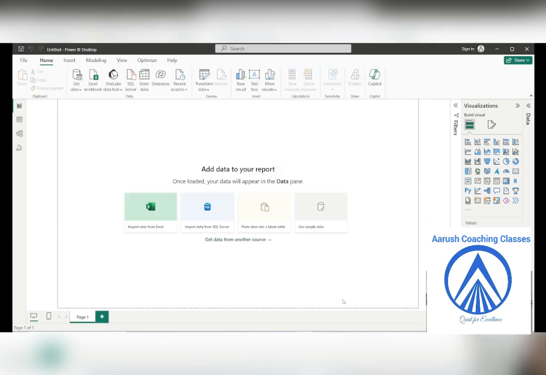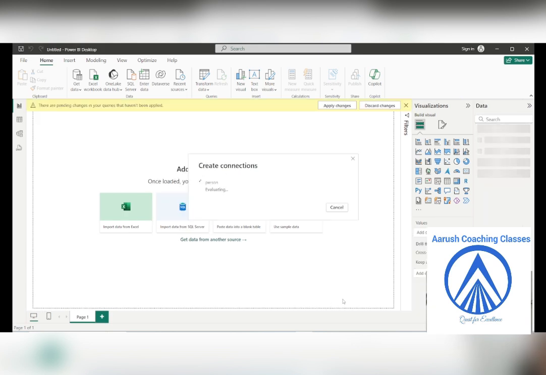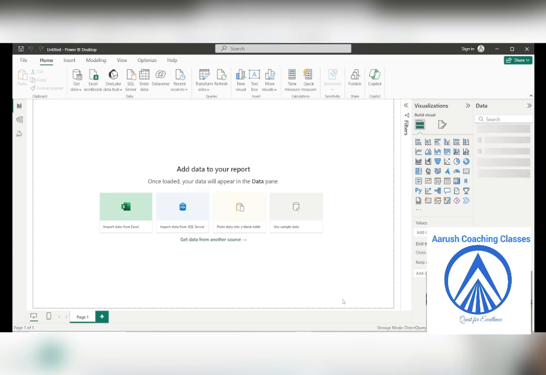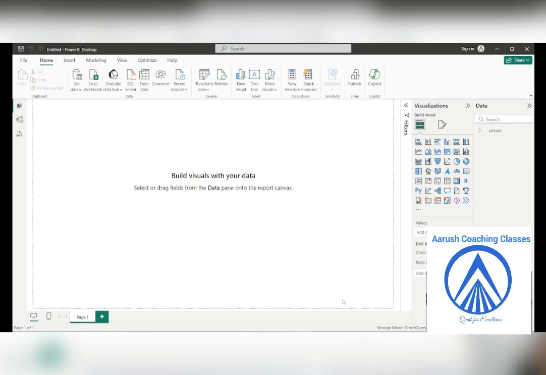Now the usual Power BI process will start. The connection is being created. Once you see this, on the right hand side, you will notice that the rows we added to our person table are all present over here.